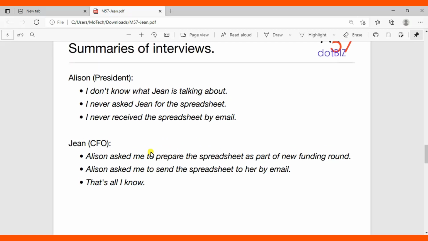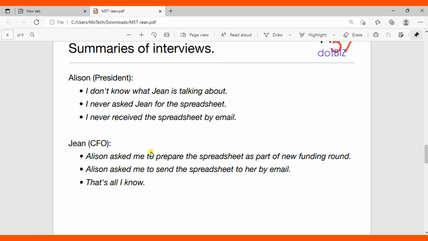So here you can see there is a contradiction between the explanation provided by Alson and the explanation provided by Jean after the interview. Alson says, I never asked you about the Excel sheet of the company's employees with their names, salary and other confidential information, but Jean says you are the one who asked me to share this file with you. So as soon as the incident happened, the investigator, I mean the digital forensic investigator,